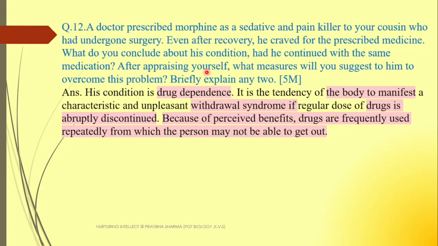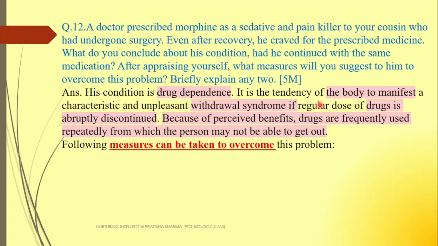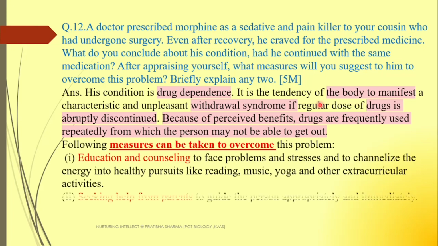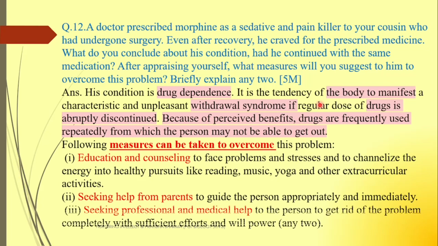Next, after appraising yourself, what measures will you suggest to him to overcome this problem? Briefly explain any two. So you have found that he has drug dependence, so what measures will you suggest? You can suggest these measures. Briefly explain any two. Here I have given